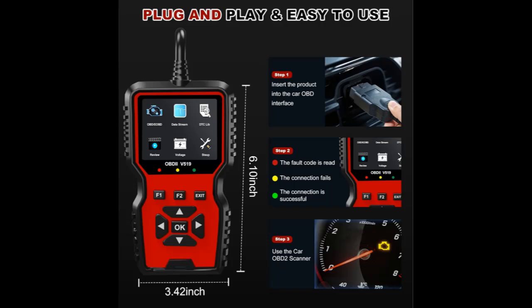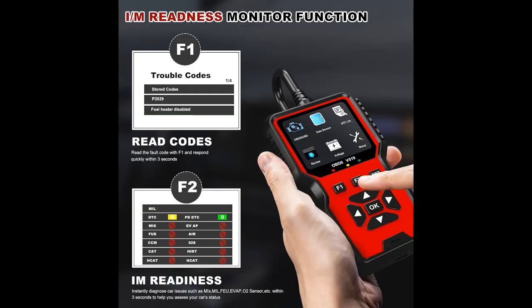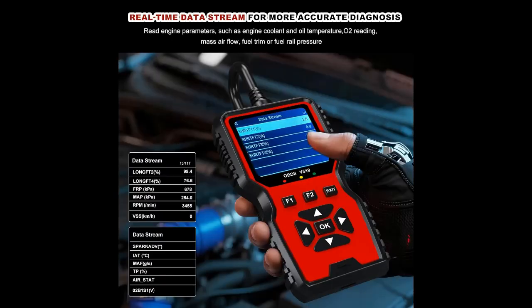Diagnostic OBD2 Scanner Tool compatible with 98% vehicles and multiple languages. The code reader OBD2 scanner for cars is designed to be compatible with most vehicles manufactured after 1996 US-based, 2002 EU-based and 2008 Asian cars. If your car has a 16-pin OBD2 port and was produced within the specified timeline, it should be compatible with